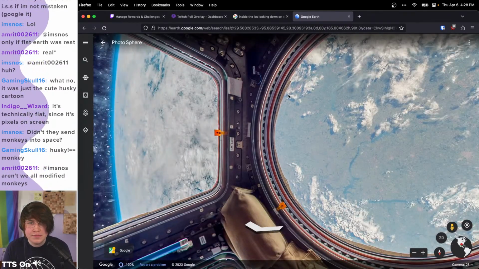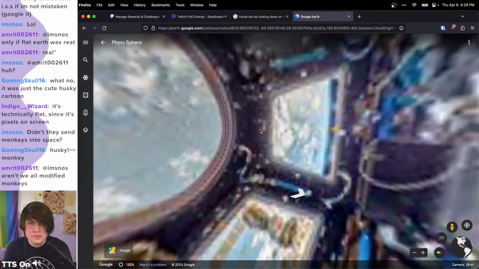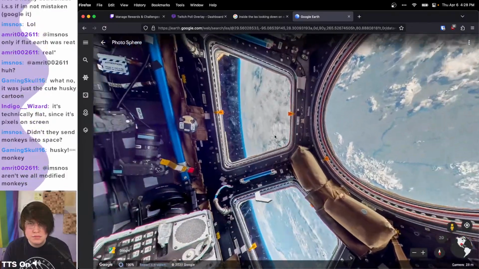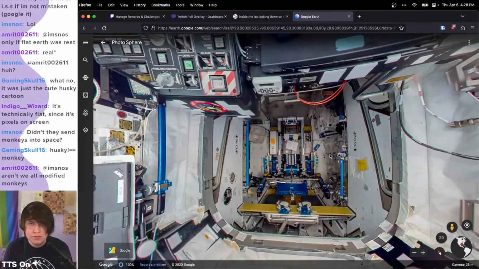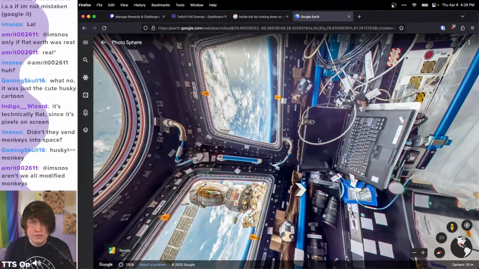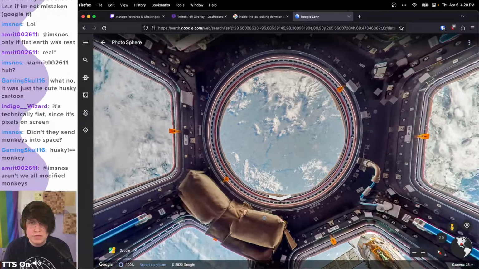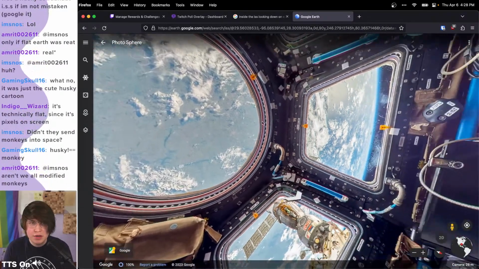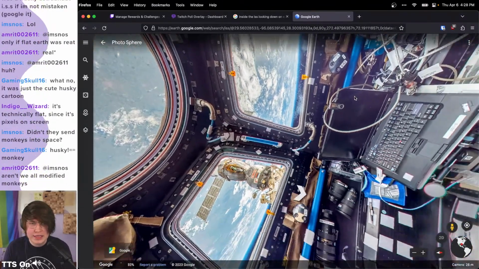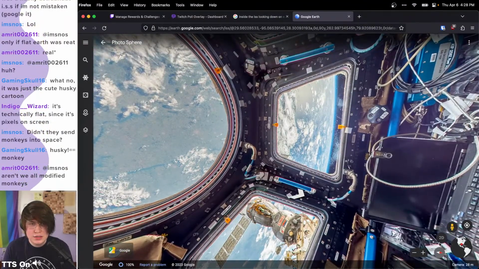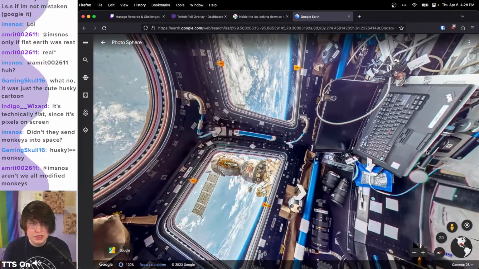Okay, here we go. We have a photosphere of the inside of the ISS, which is slightly